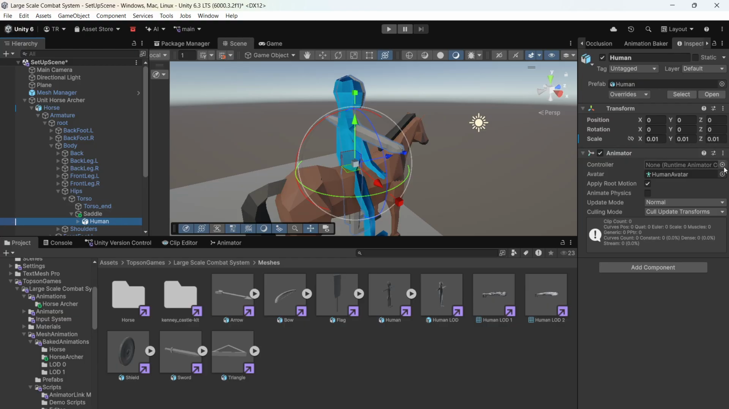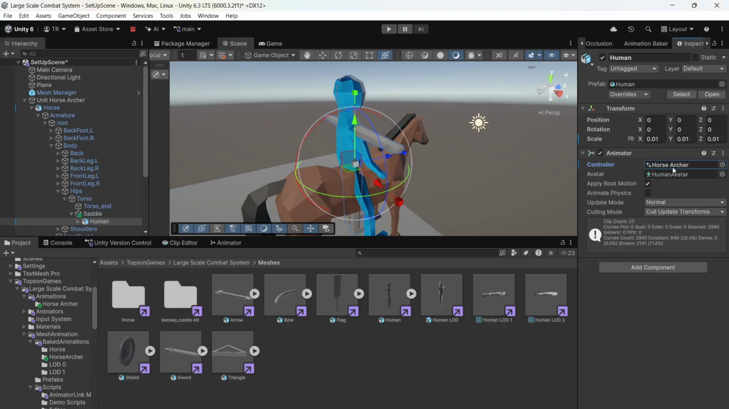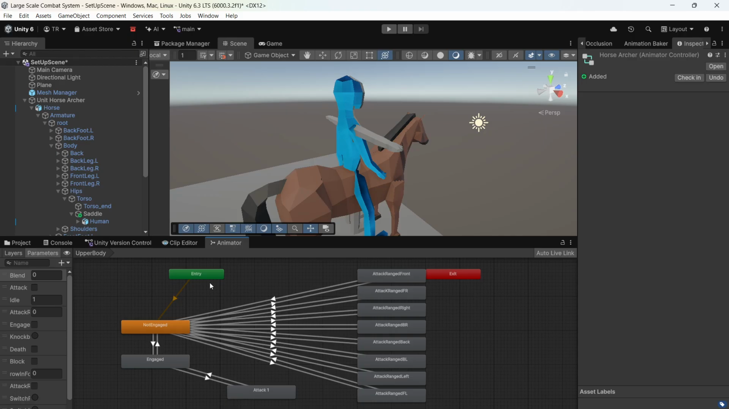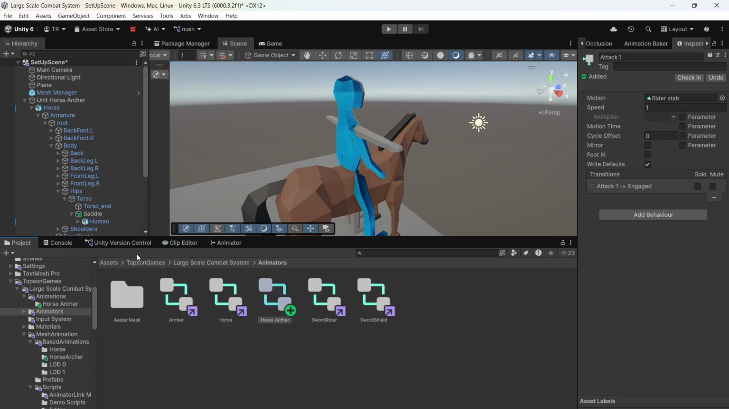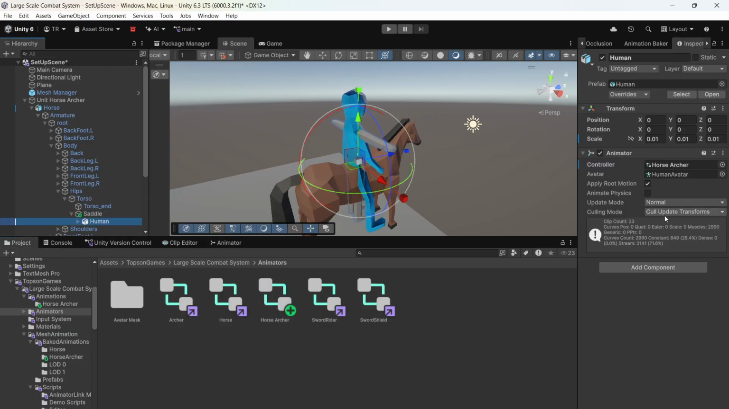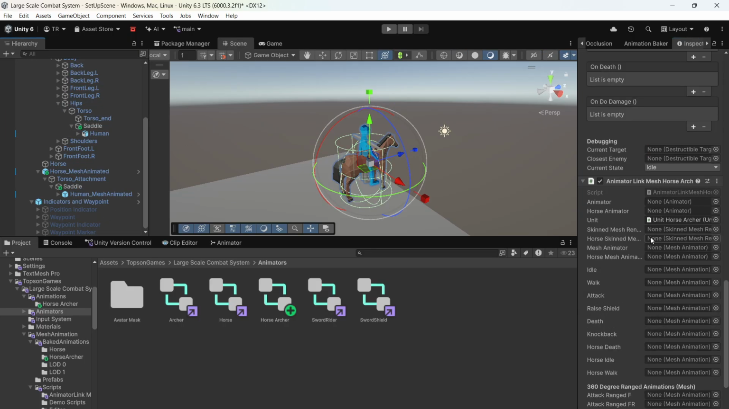Then at the human, we need to add the horse archer animator. If you want to switch animations, you can simply go into the animator or duplicate it beforehand to have a backup and drag and drop new animations here and everything. Also for the attack animation. Then we go to the human. There we add the relay animation events without the mesh at the end, just the normal animation. Okay, nice. Now we can go back to our unit